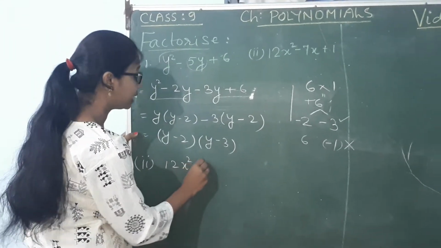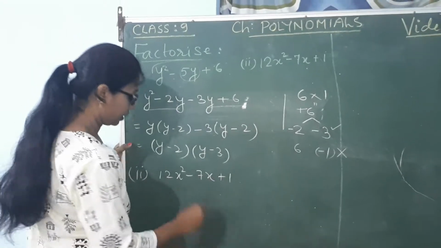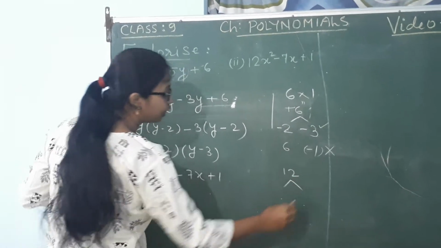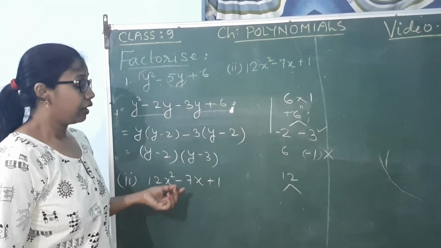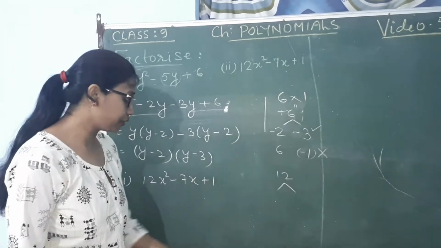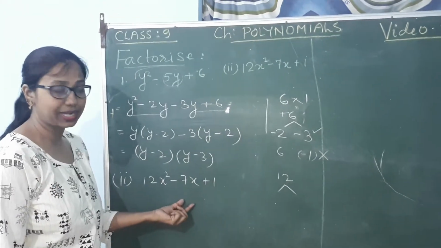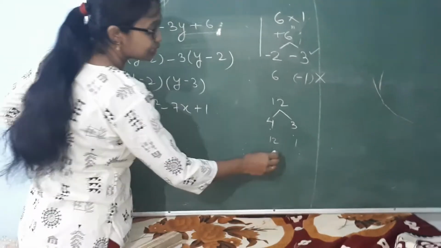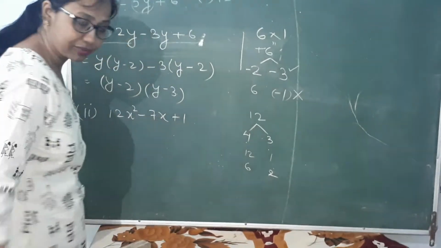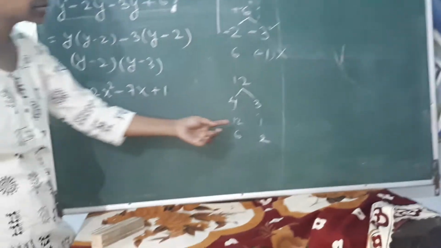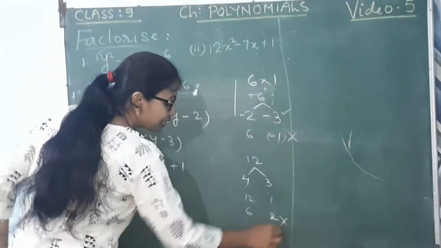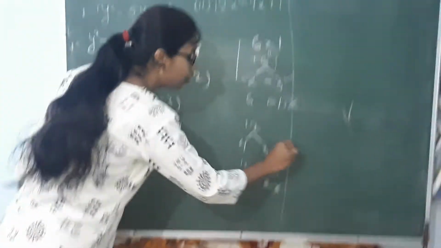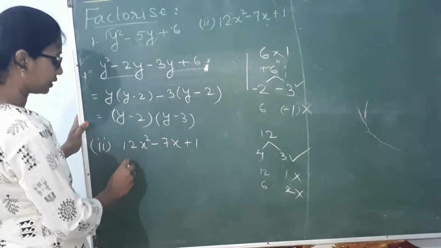12x square minus 7x plus 1. Multiply the x square term and 1 here, so you will get 12. Now find the factors of 12 such that when you multiply them, you get positive 12, but when you add or subtract them, you get 7. So simple: 4 threes are 12. Because if you take 2 into 6, 6 twos are 12 obviously, but 6 plus 2 gives you 8, 6 minus 2 gives you 4. It does not come to 7. We will not take this combination. Same as 12 and 1, we are also not going to select it. 4 and 3 is the correct combination of factors.